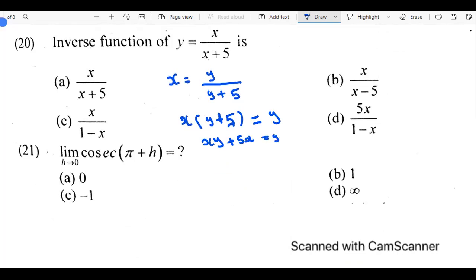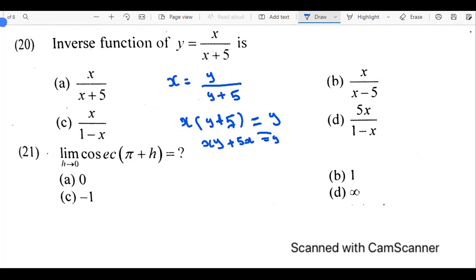I'll take this y to this side, and I will get minus 5x equals xy minus y. I'll make y the subject, and I will get x minus 1